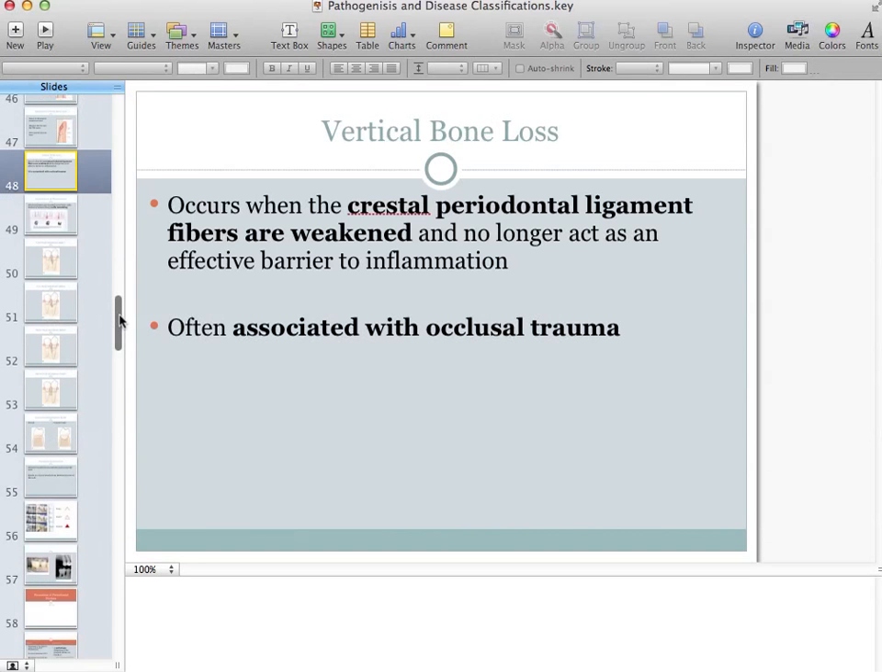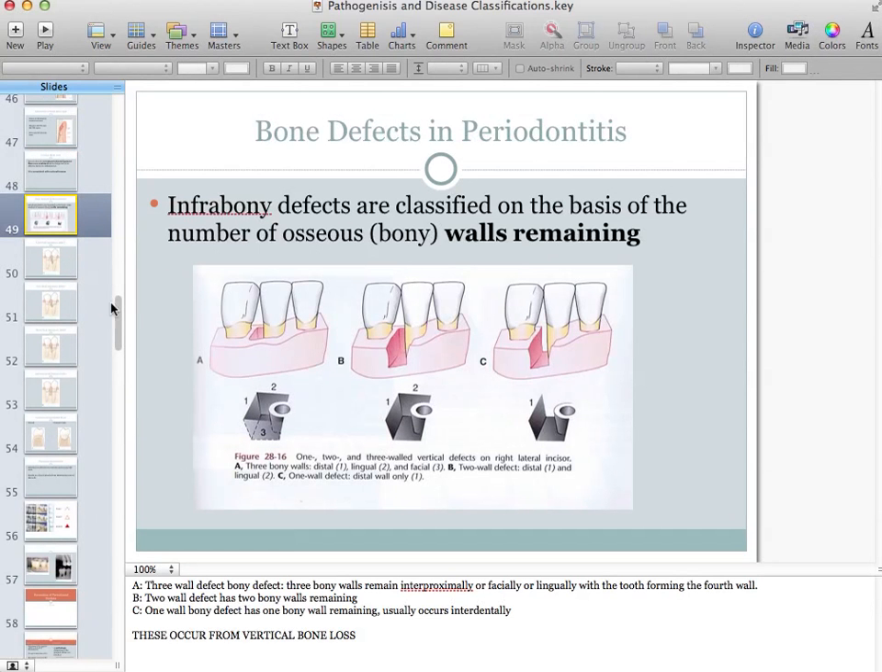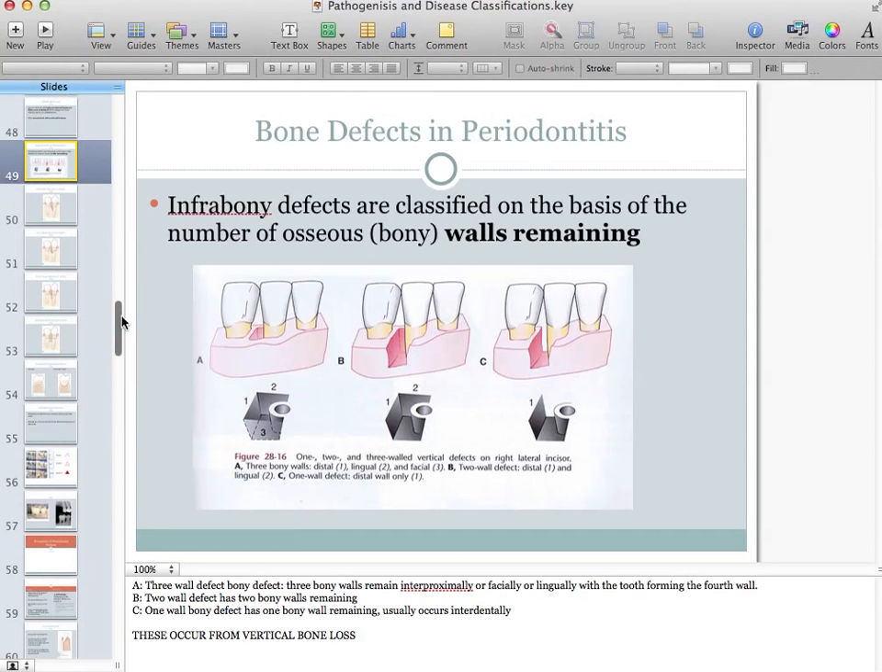Vertical bone loss again occurs when the crestal PDL fibers are weakened, and it's also associated with occlusal trauma. All right, and now you can have bone defects. Bone defects are classified on the basis of the number of bony walls remaining. So, if you look at this picture,